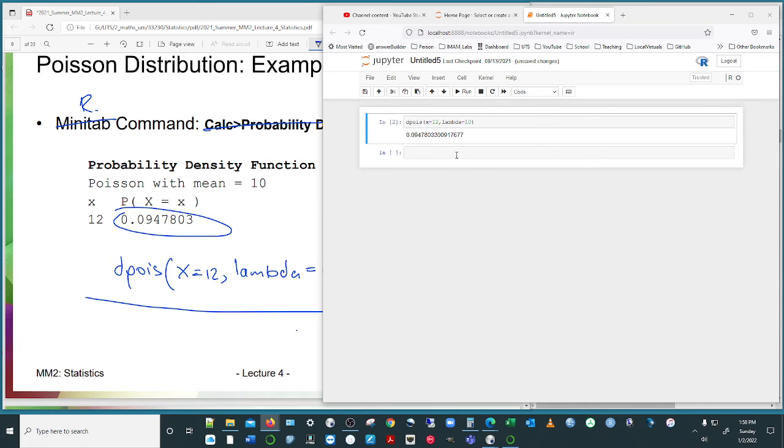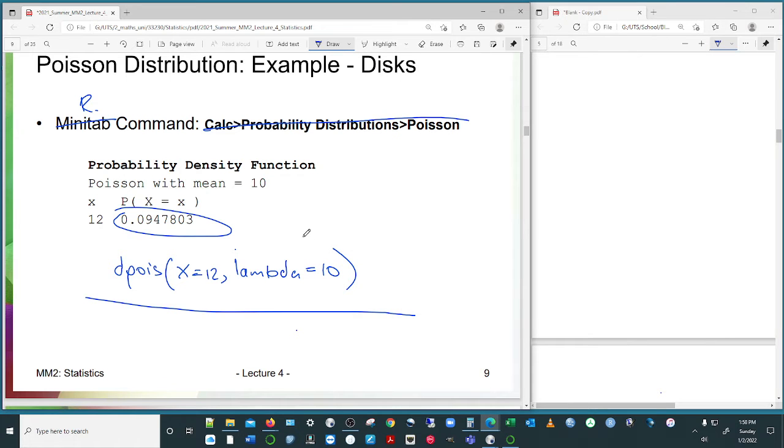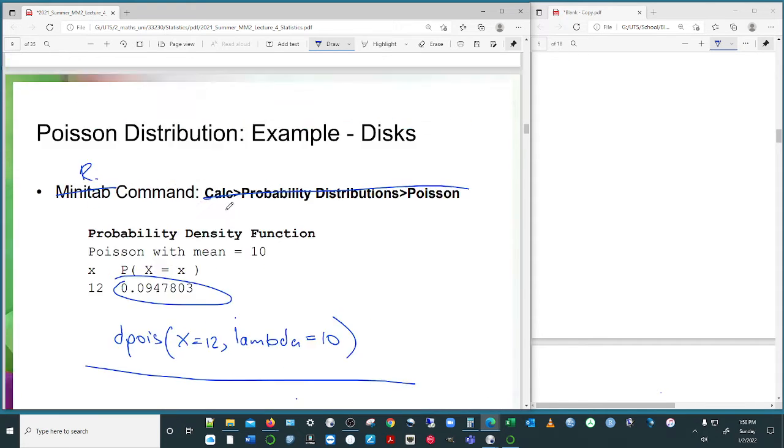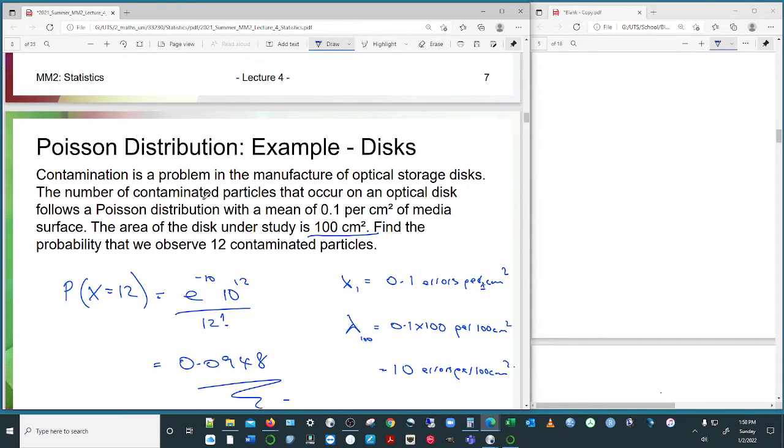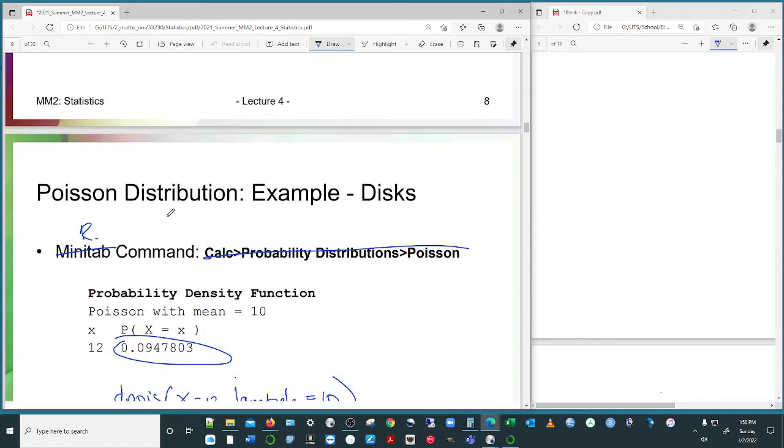Sorry about that, because of the miscommunication there. I wanted to be sure that that was correct. So that's good. That's how you do it. It's very straightforward. Okay, so we can use our R commands to compute the values for a number of different distributions, whether it's a binomial distribution or a Poisson distribution. We've also nominated we're going to have a look at exponential distributions. So it's very helpful to be able to do that.